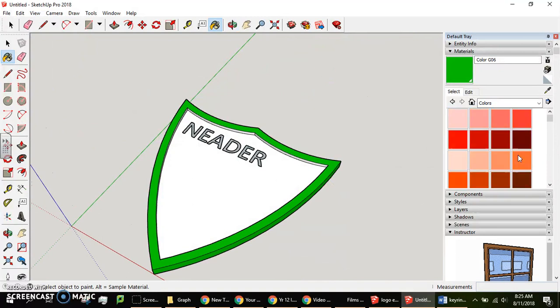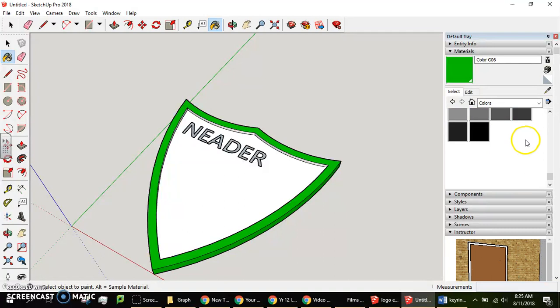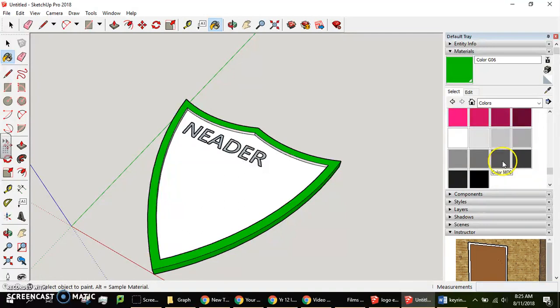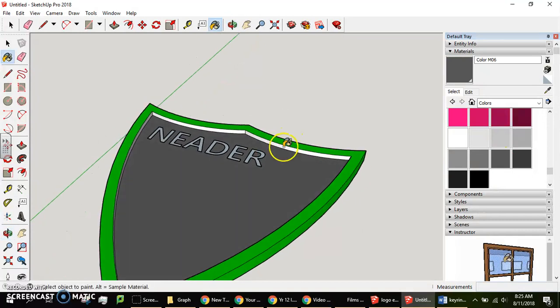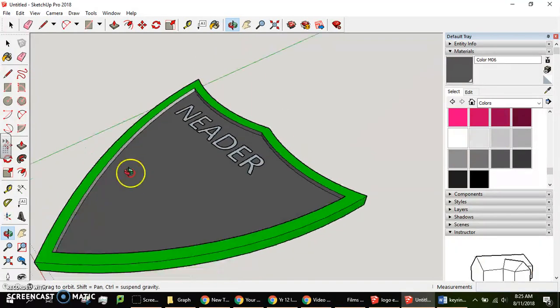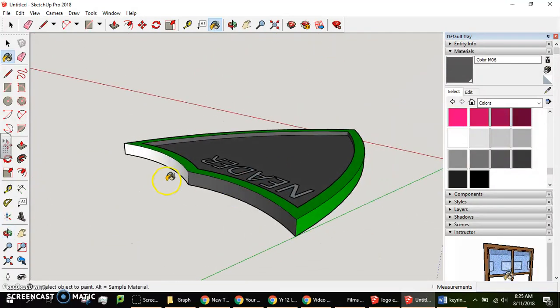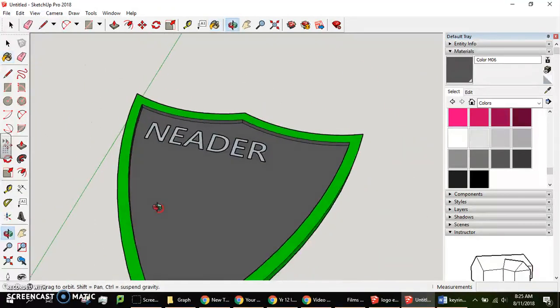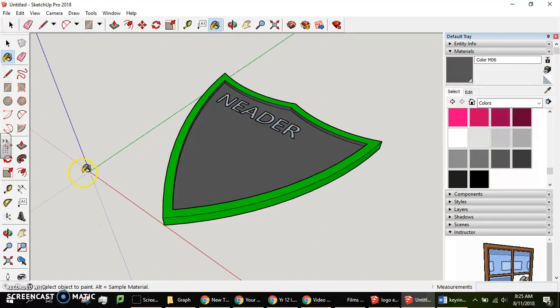Then I'm going to come back up, I'm going to pick another colour. I'd go with the darker grey, make this one grey, this grey, etc. from here. And then you can see that this is a basic example of